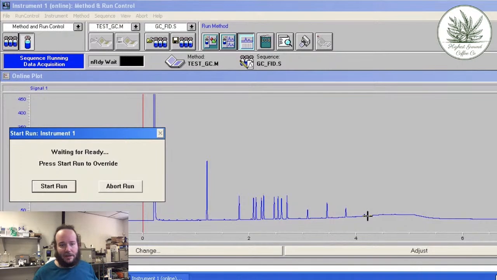And common wisdom would have you believe that amber means CBN. However, that does not bear out in reality when we do testing. So when we test flower and we see a lot of amber trichomes,